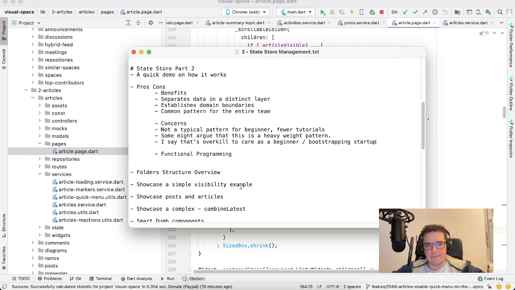Now, another small point would be a bit about functional programming. And this probably would be better if I separate it into a separate section. Let's just do it this way. So for now, let's